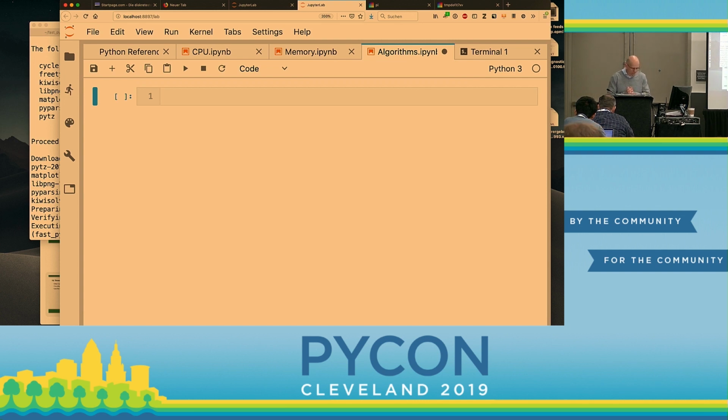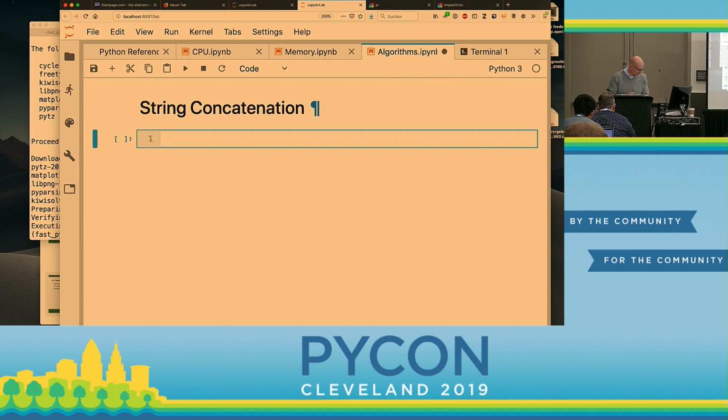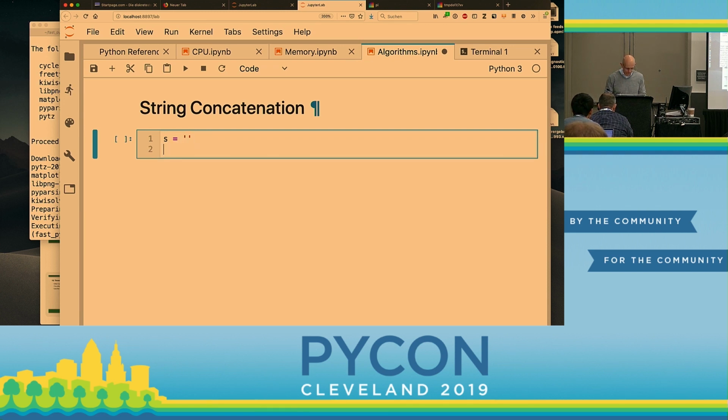The first one is the old one, which is not really valid anymore too much, but used to be. But it's still recommended not to do it, because if you use a different Python implementation, you might have this effect, and this is string concatenation. So you can do something like this. String is an empty string, and then you say for